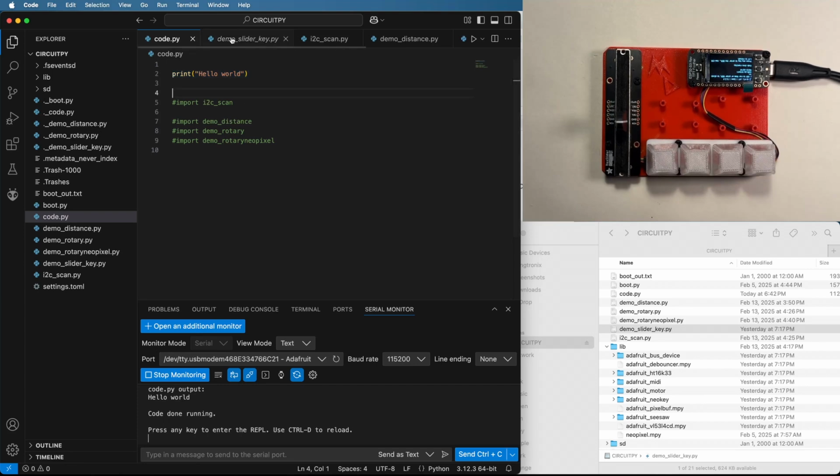If we want this file to be run, the simplest way we can do that is just by importing that file. So down here, if I write import demo_slider_key, you can say load Python file and run it. This import statement is going to basically load this file and run it. So now if I hit save,